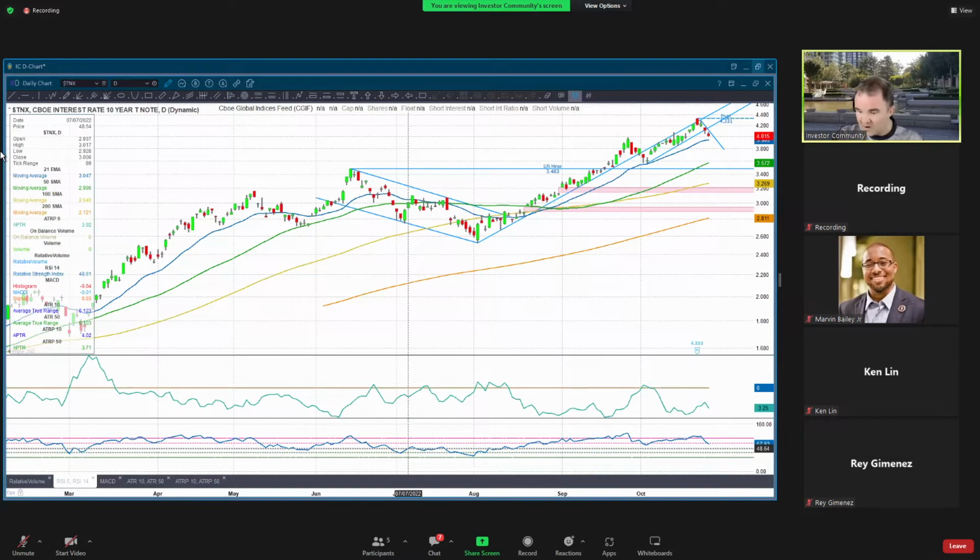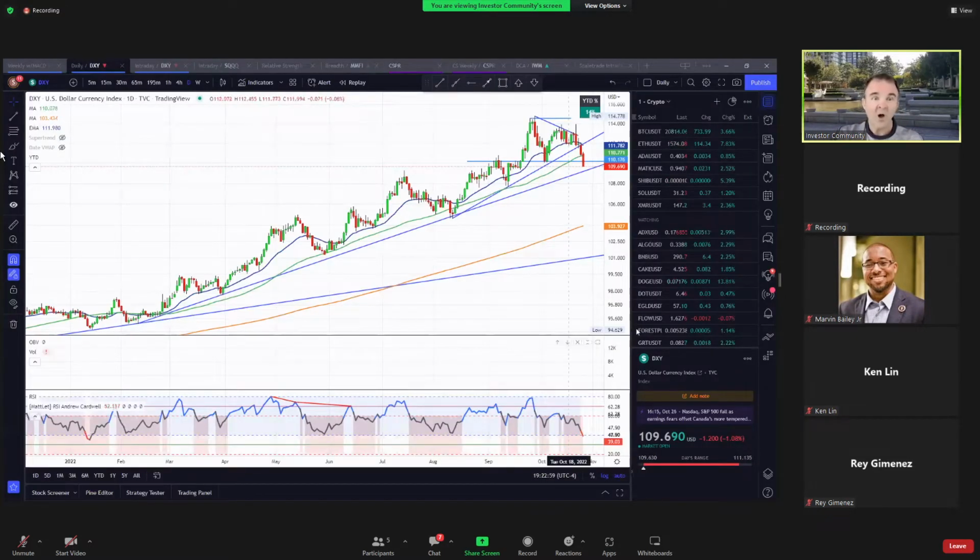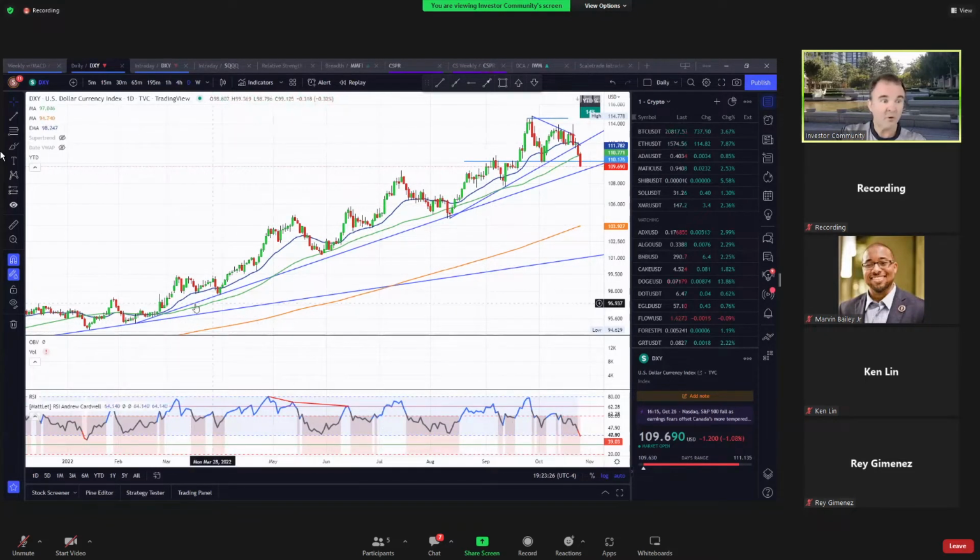Let's take a look at the dollar index. The dollar index had a big down day, and it's had a series of down days. We noticed that it failed to put in higher highs up here after that pullback. We've got this trend line that broke yesterday. It broke through the 50-day moving average today, and it also broke through this minor support level. Now we're coming into a longer-term, or intermediate-term, trend line. We may very well be testing that tomorrow. It sure would be nice to see us break through that as well.